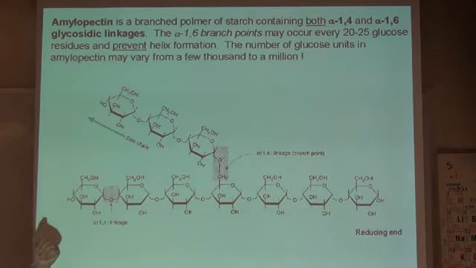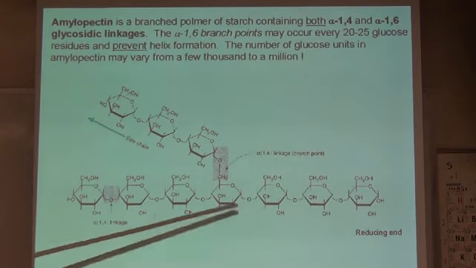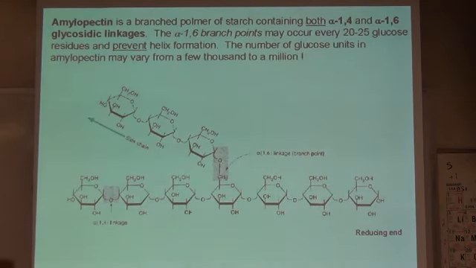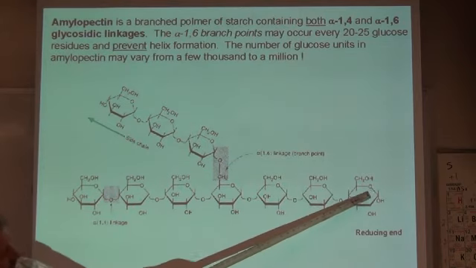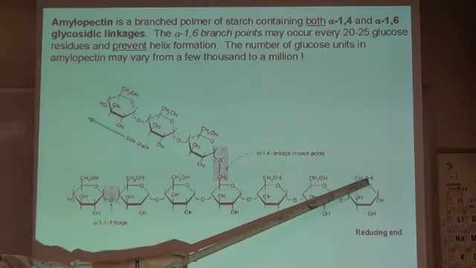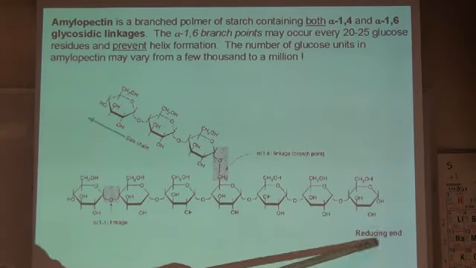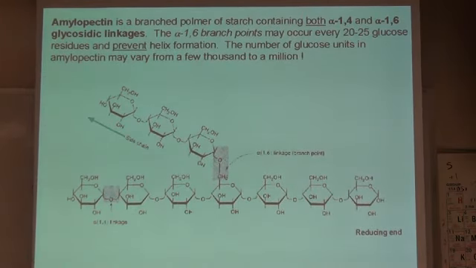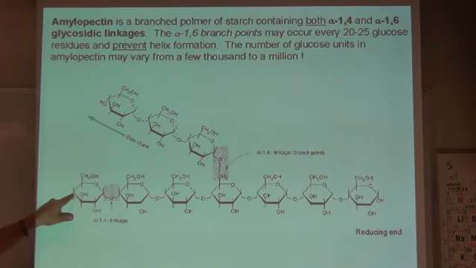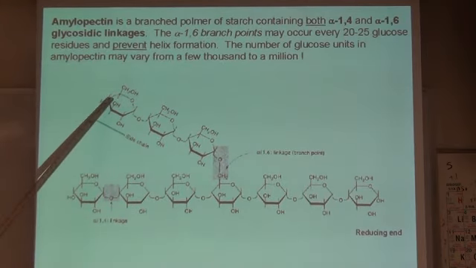Notice that we have to have a free anomeric carbon in order to be reducing. So when you have these large polysaccharides, many saccharides, they only have one reducing end, because there's your oxygen, 1 to the right. That's the only place where you have an anomeric carbon that isn't bound. This is not an anomeric carbon. This is on carbon number 4. This is not an anomeric carbon. This is on carbon number 4.